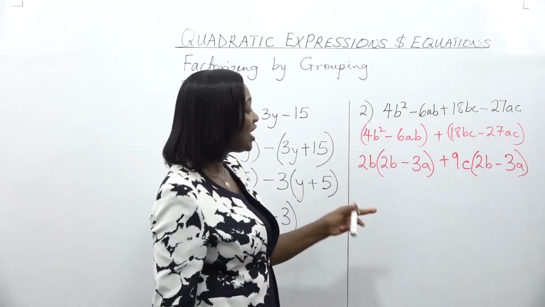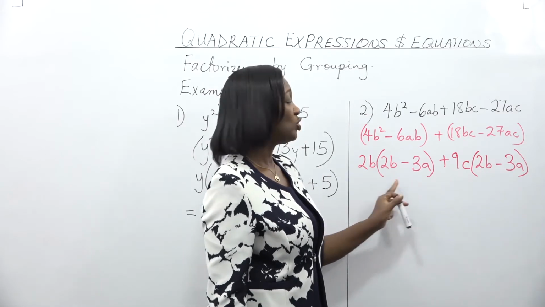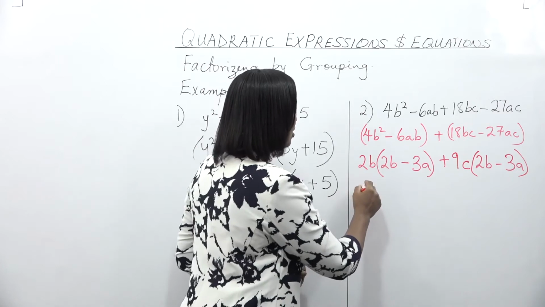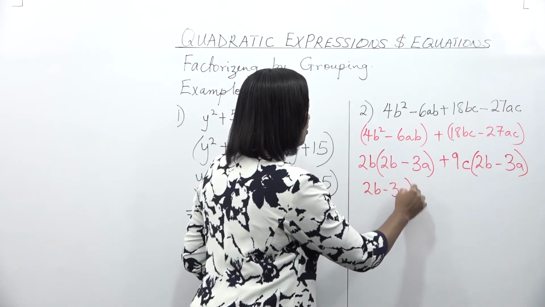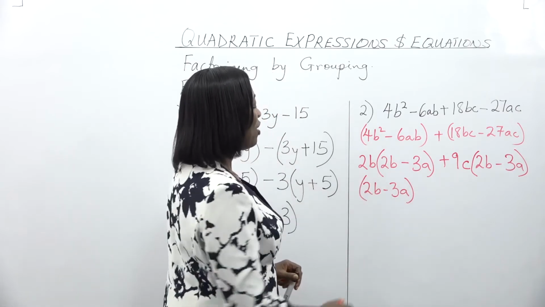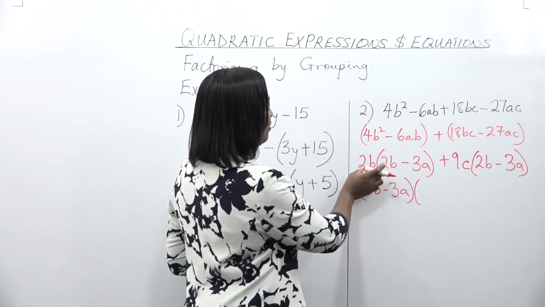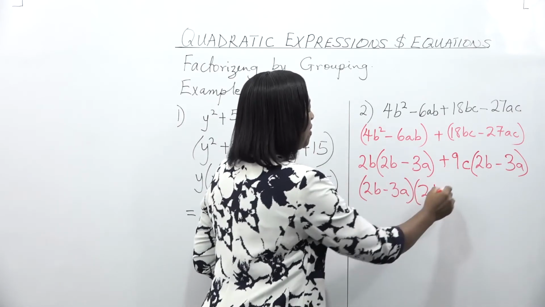So here we see that 2b minus 3a has become common to both terms in this expression. So we have 2b minus 3a, we factorize it, and when we take it out, what would then be left? We'll be left with 2b on this side plus